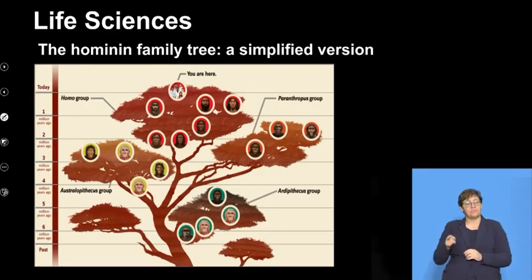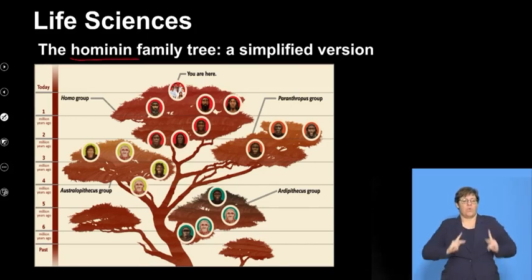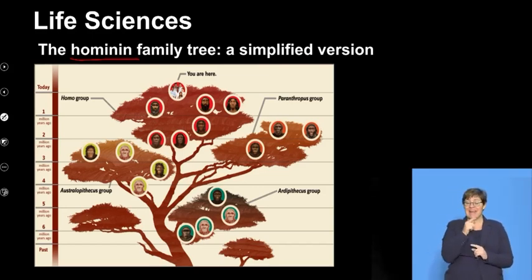Okay, so here we can have a look at the hominin. This is specifically because we said hominins are just humans. There are no apes here. And if we have a look, this is the hominin family tree. It's a very simple version. And the nice thing about this diagram is it's drawn as a tree.